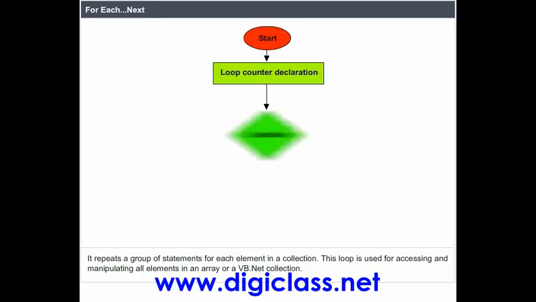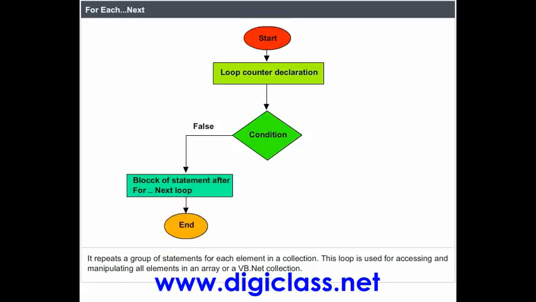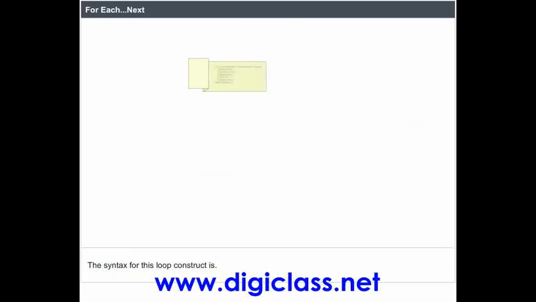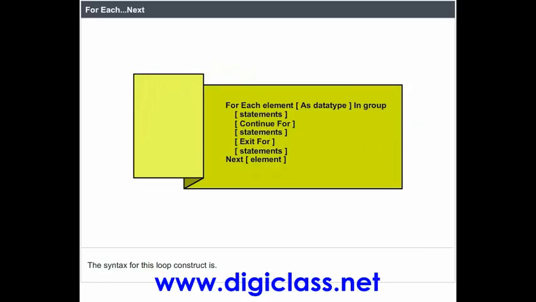For each next. It repeats a group of statements for each element in a collection. This loop is used for accessing and manipulating all elements in an array or a VB.NET collection. The syntax for this loop construct is